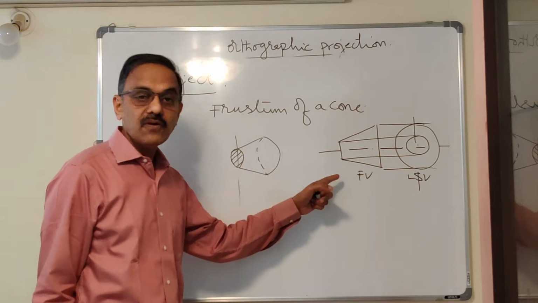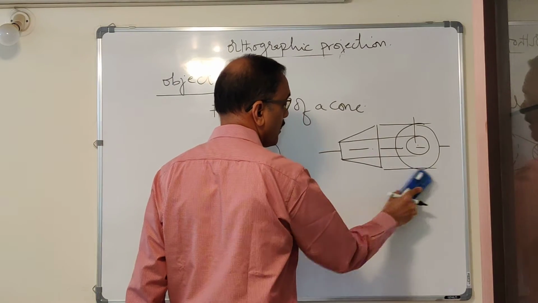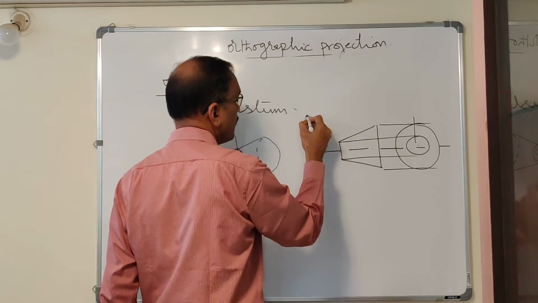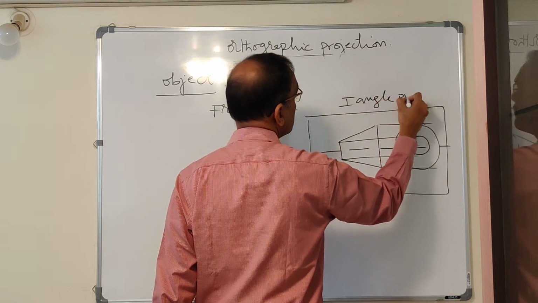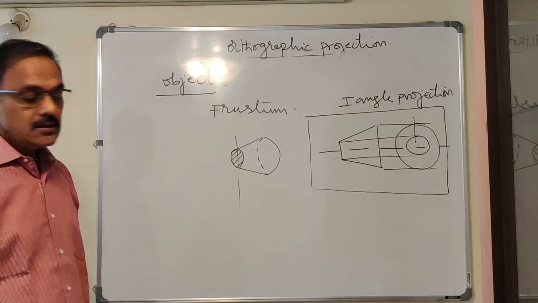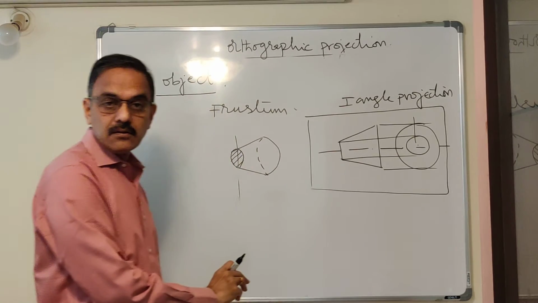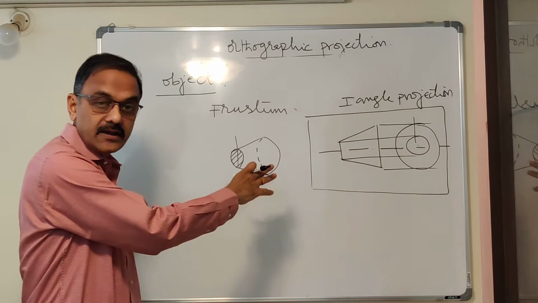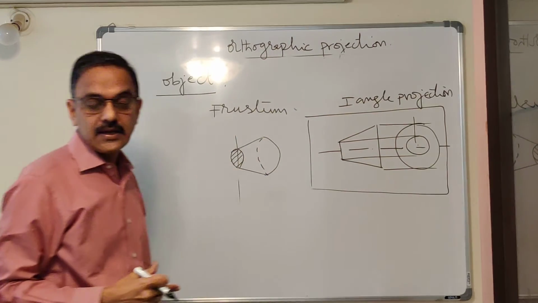Therefore, this is the symbol for first angle projection. We normally don't write this while writing the symbol. This is the symbol for first angle projection. So once you make your drawing, this is the symbol that you normally represent at the bottom right corner. Even when you are using the software also, this symbol you will find. When you find this symbol, the other person will understand that you have followed first angle projection.